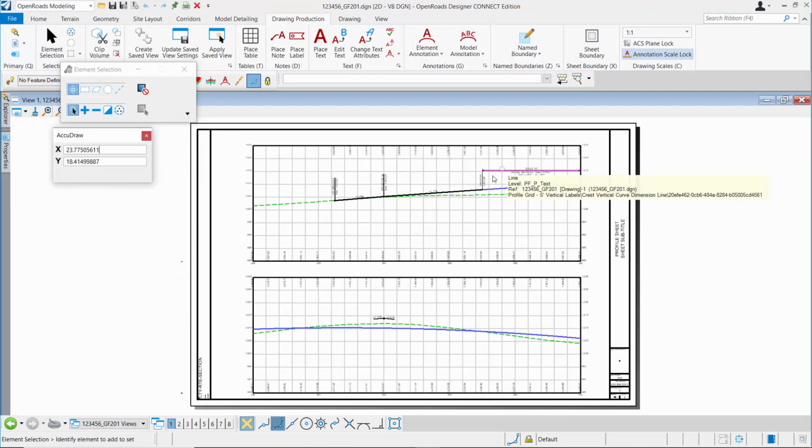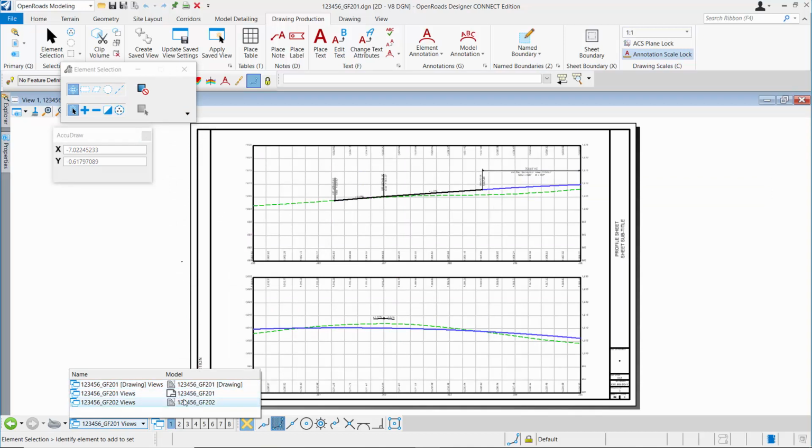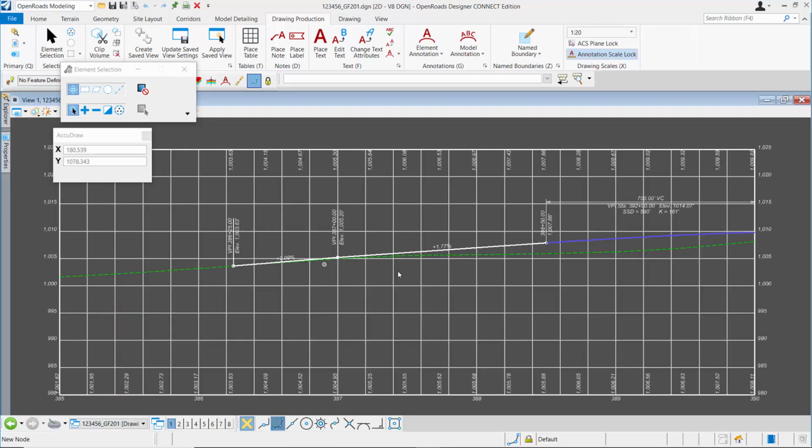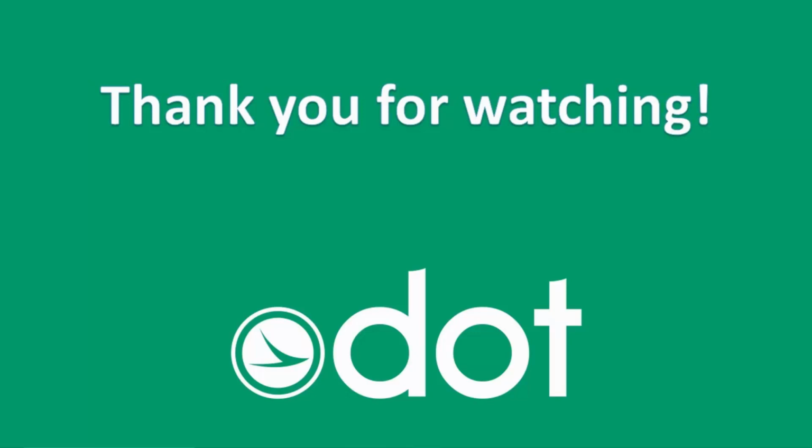Here's the first one with the dual profiles. Again, we have multiple models, one for each profile. All the annotation is drawn in the drawing model itself, and the sheet model is intended just for plotting with the sheet boundary. So that's it for this